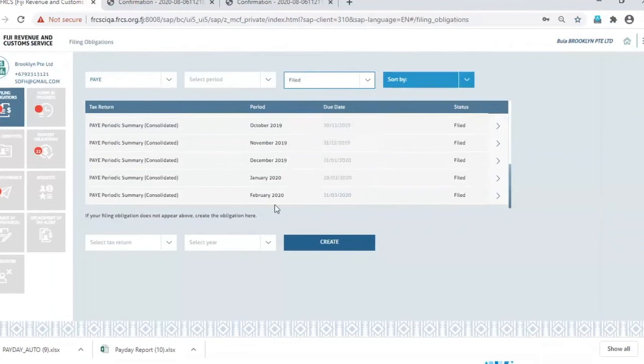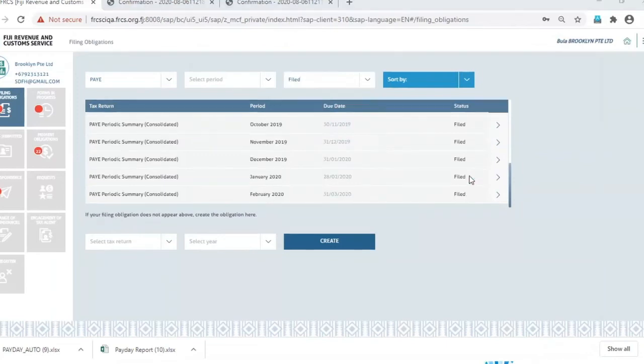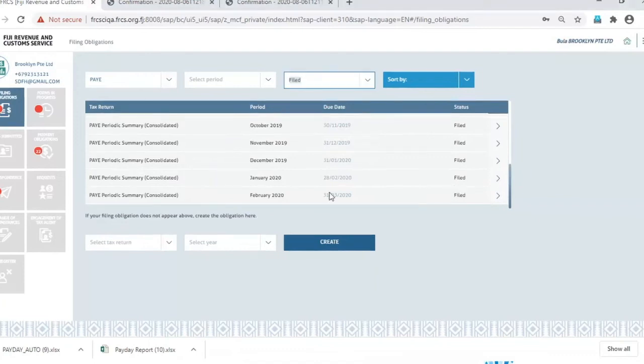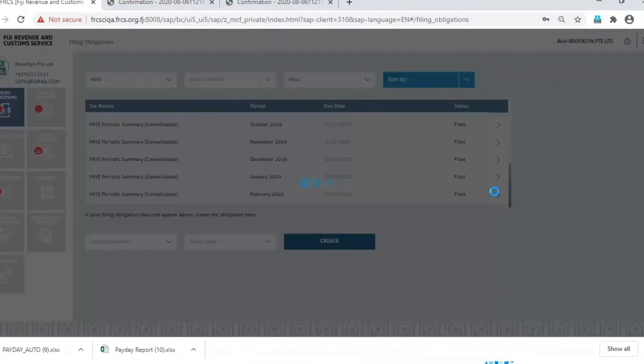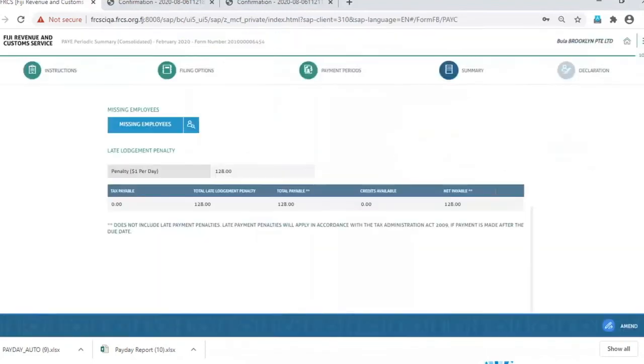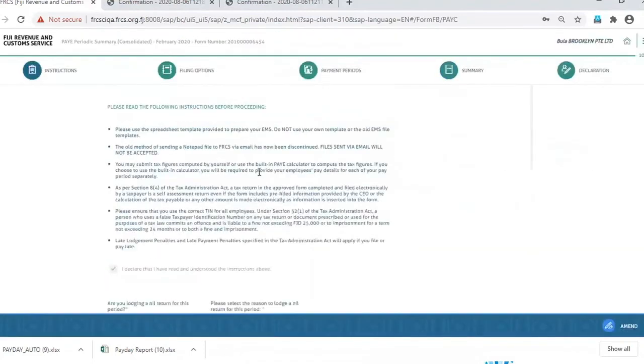Now you can see the 2 returns that I have lodged, January and February. The returns are now processed. So from in processing status, the January return that I mentioned earlier, now it's changed to filed. Similarly, same thing for February return, it's changed to filed. So if I want to amend Feb return, I'll just click on that particular return. Now this return will open up,